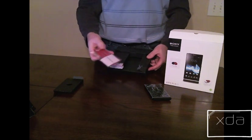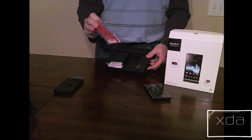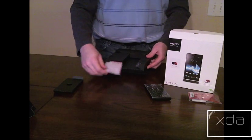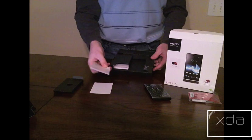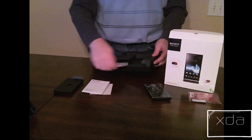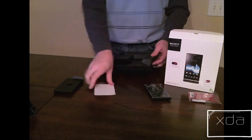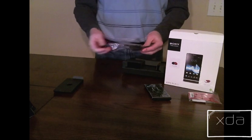There's the NFC smart tags that come with it. We again have your typical paraphernalia, what not to do, what to do with the device, user guides. We'll forget about those. And then we have again the